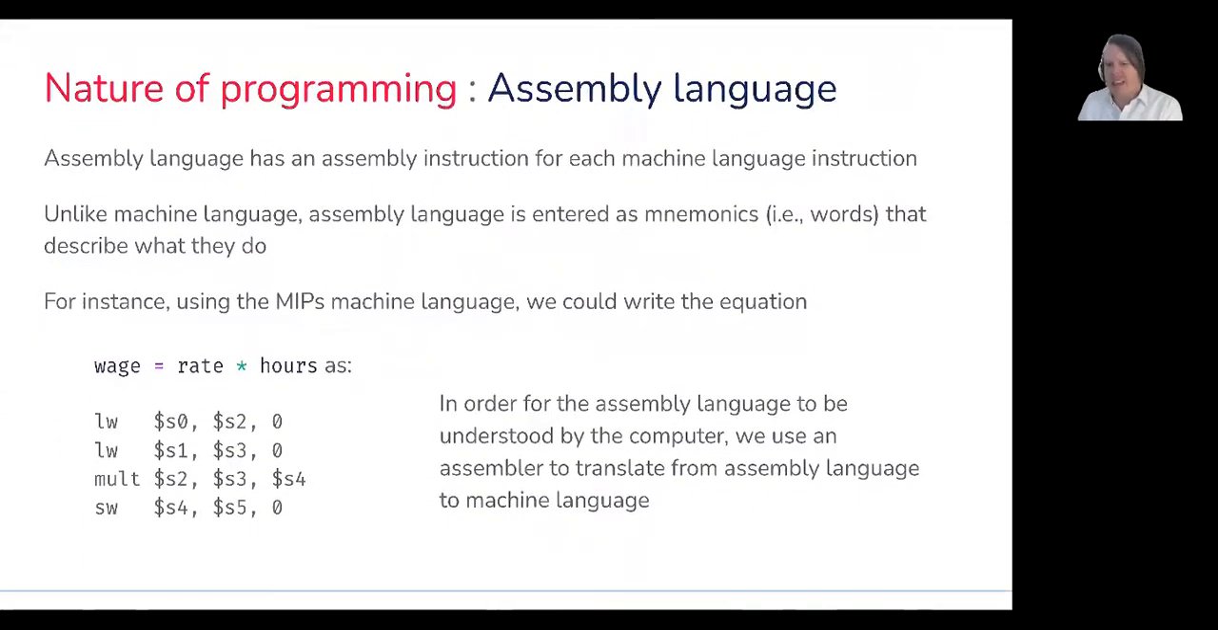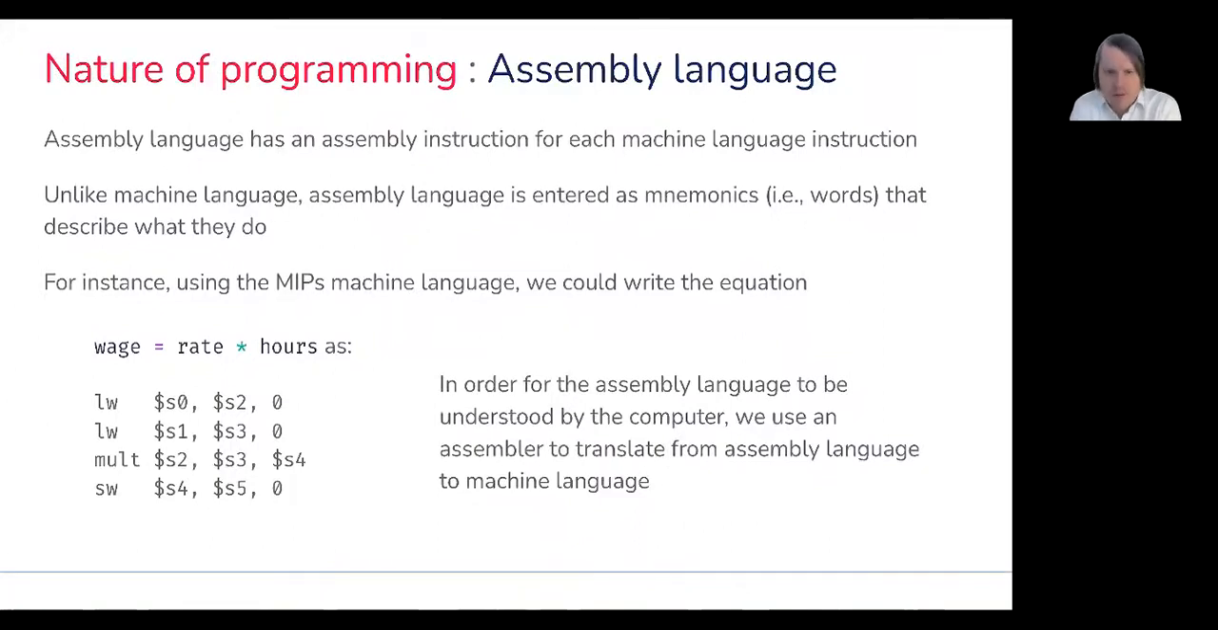So to get around thinking in binary and having to write all of these ones and zeros out, assembly language came around. Assembly language has an assembly instruction for each machine language instruction. And we'll see here that an assembler essentially takes the assembly language and converts it into the ones and zeros, the machine language that we saw on the previous slide. Unlike machine language, assembly language is entered as mnemonics, so words that describe what they do. So that same instruction, wage is equal to rate times hour, can be written in a lot more readable